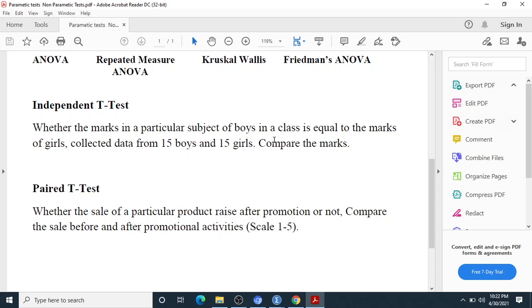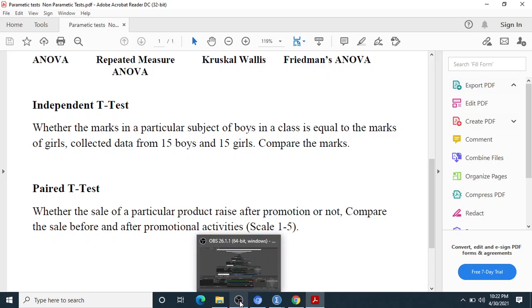We go for the comparative study about their marks, and that's why, first of all, we check normality and whether homogeneity is there or not. And as per our result, we find that both assumptions are fulfilled here. So that's why we are using the independent t-test. Otherwise, we go for the Mann-Whitney test. So remember it.